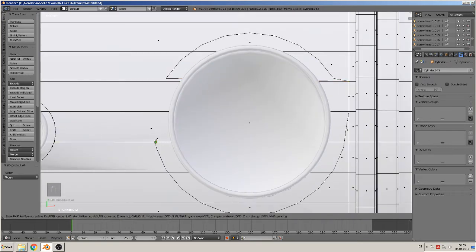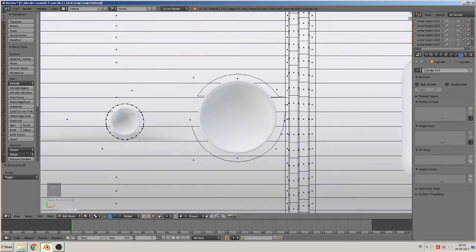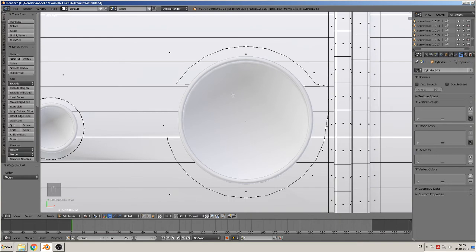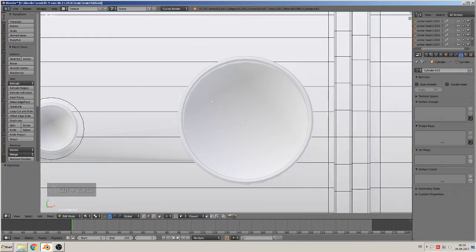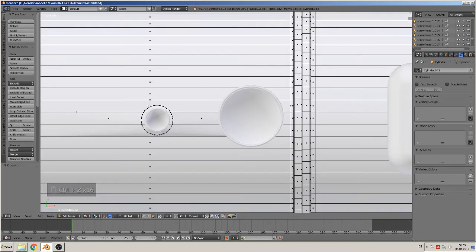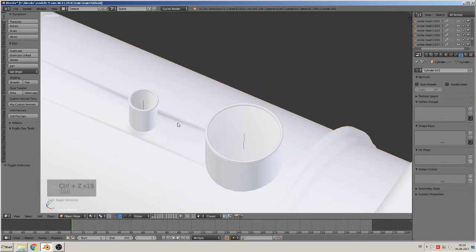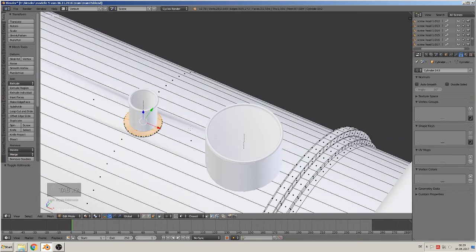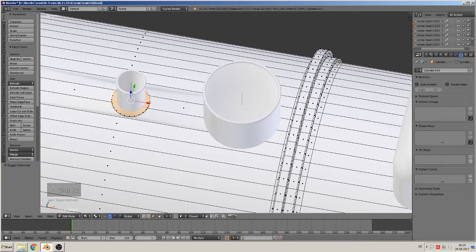I will make it with a knife, but it doesn't want to. Okay, that is a problem I never had before. So we go back to the point where we had here the shading error. I think that was the point. Yeah, we have there a shading error. Okay, good. And now we try that again